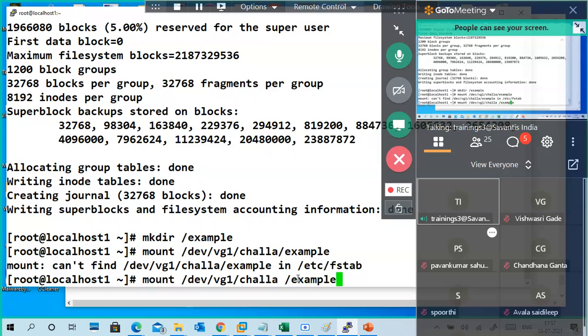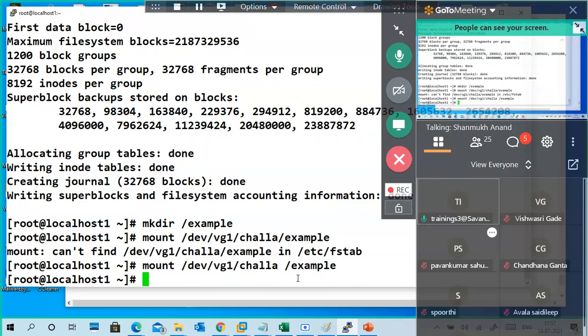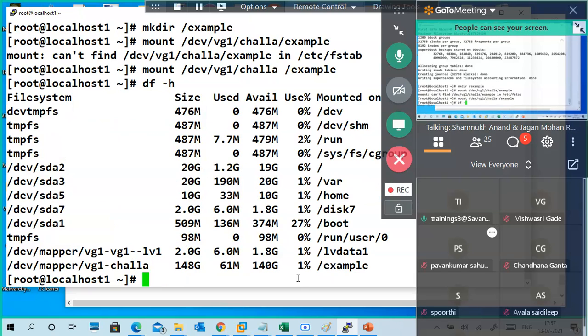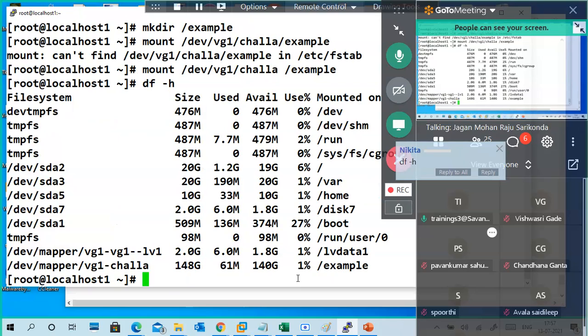Enter. Verify it is mounted or not. df -h. Very good. See, it is.